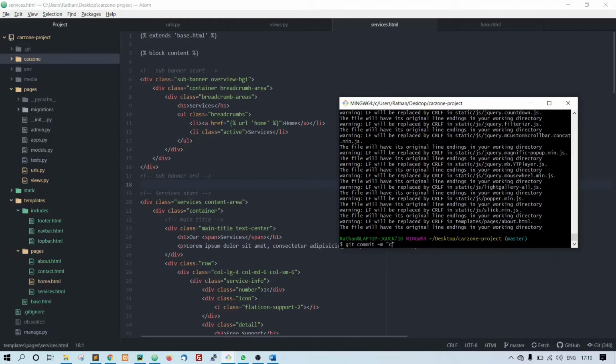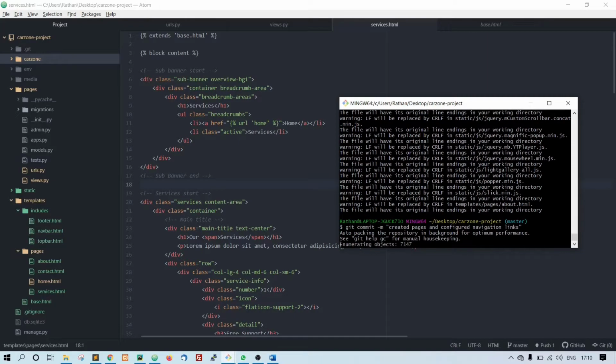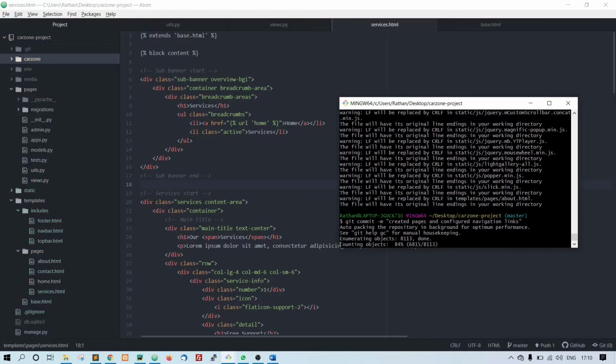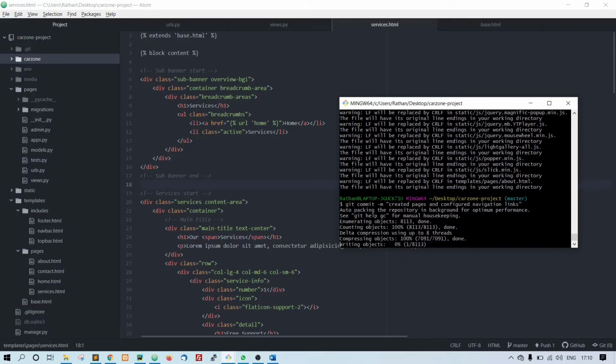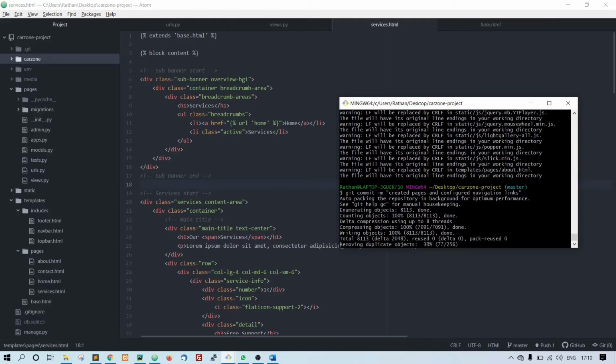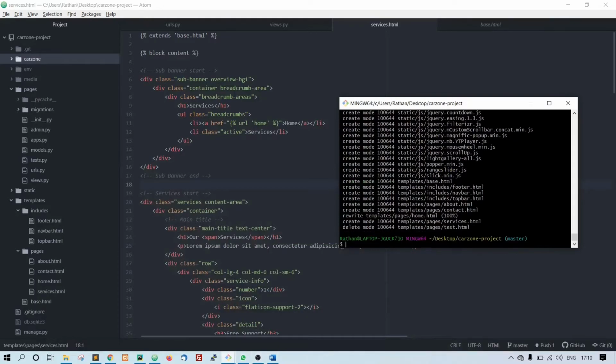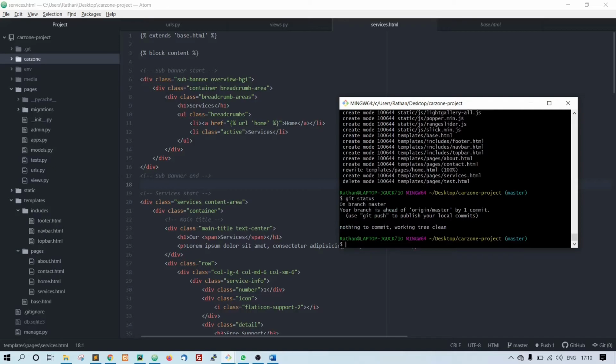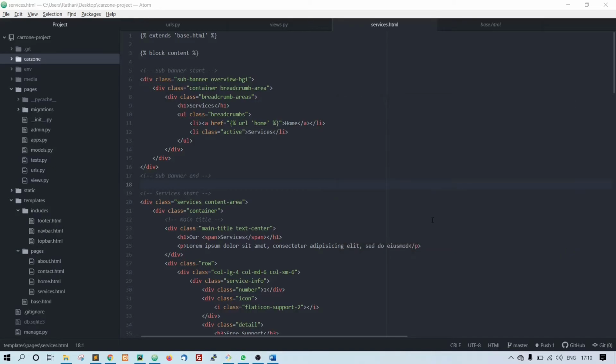So what created pages and configured navigation links. All right. Okay, we have committed it successfully. So let's check the status again. Okay, nothing to commit here. All right, let's exit it for now.